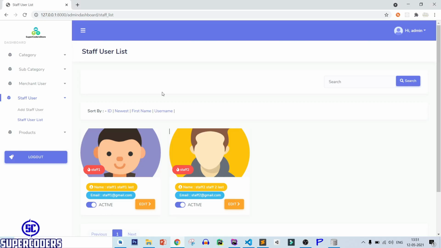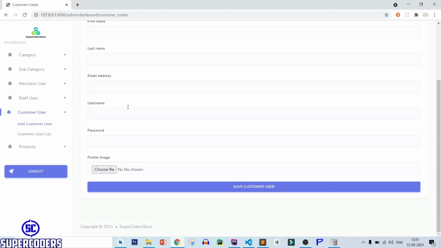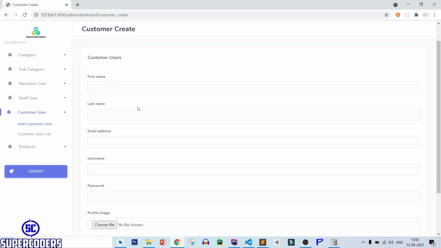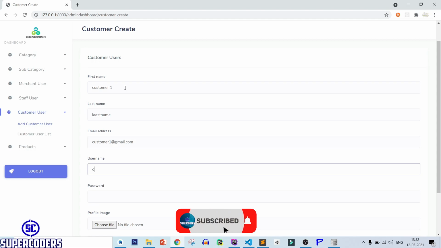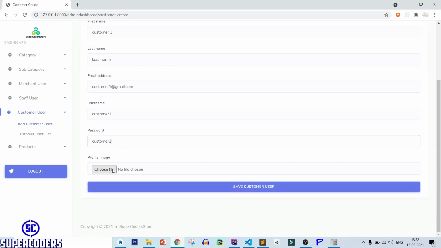So back to Chrome, refresh page and click on customer user, add customer user, and you can see it is asking option for customer user. So let's try to add some customers. So customer 1, last name customer1@gmail.com, customer 1 password, customer 1 profile pic.